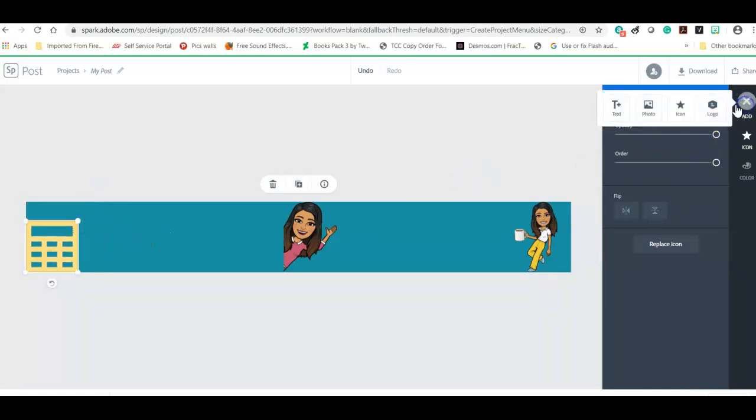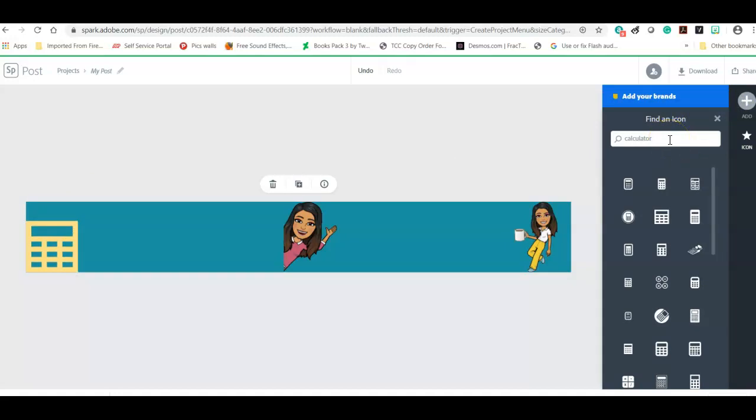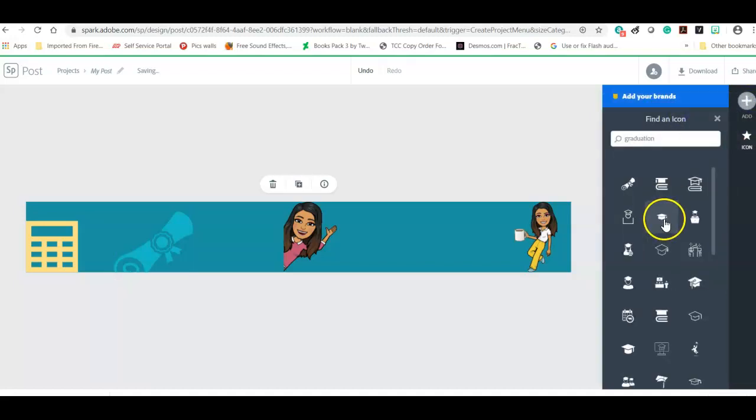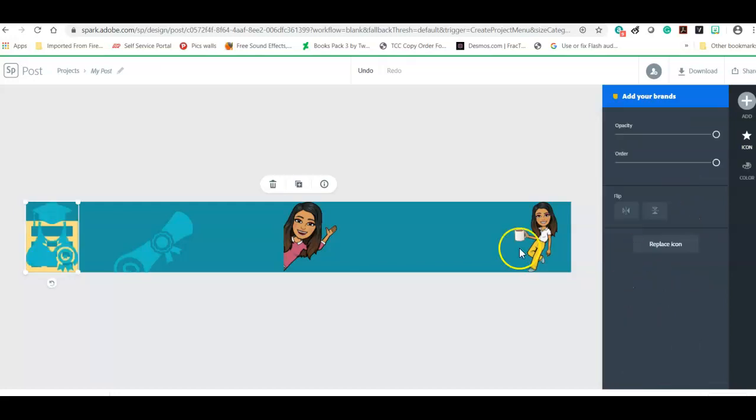I am going to add an icon of graduation, and I have one right here. So it's adding a graduation picture. I'm going to show you how to change the colors as well. And let me say a cap and a gown. Yep, something like that. Okay, this is just to give you an idea of what you can